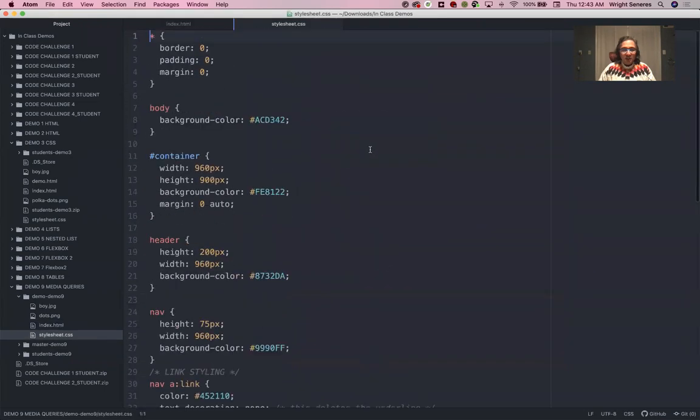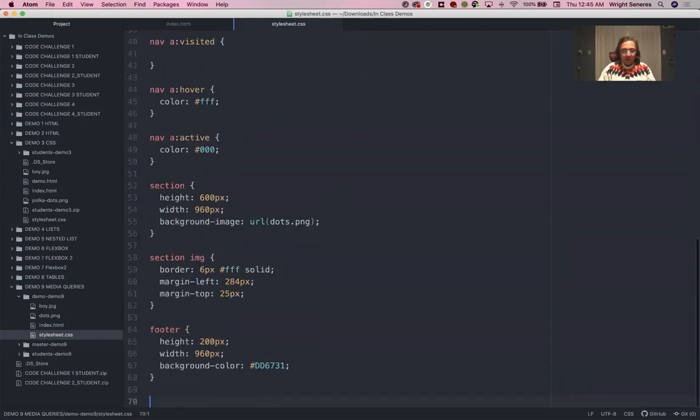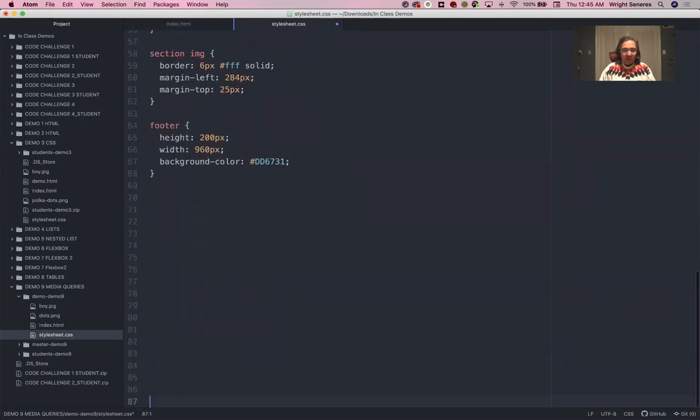So since this is a desktop responsive web design conversion to responsive web design, all of this style can stay here. We're just going to scroll down to the bottom and start new. So I'll just hit return so I can get some space here. And the way we write a media query for